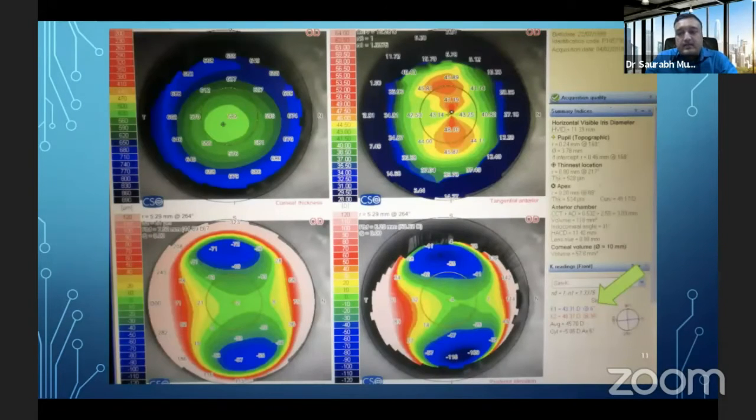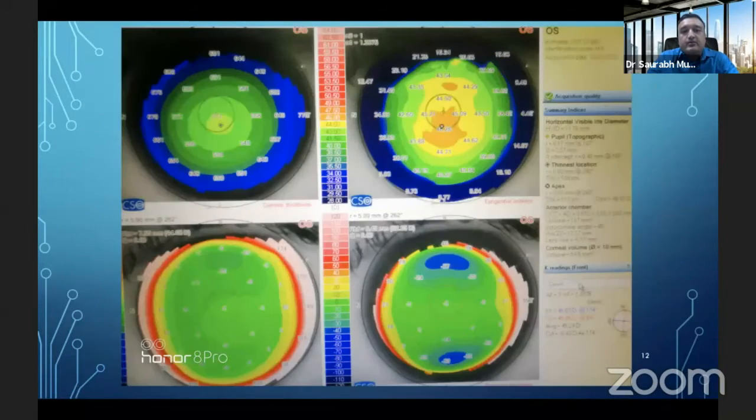Then this is a patient with apparently normal thickness and K readings. If you see, it is borderline; the trap here is the difference in the K readings, 43 and 48. So if you are using a blade procedure, it can result in a buttonhole. If possible, try to use a bladeless procedure or switch to some other modality. And this is an absolutely normal map. Depending on the numbers, you just go ahead with any type of procedure. This is how a normal map looks.